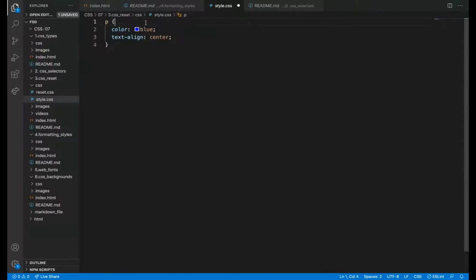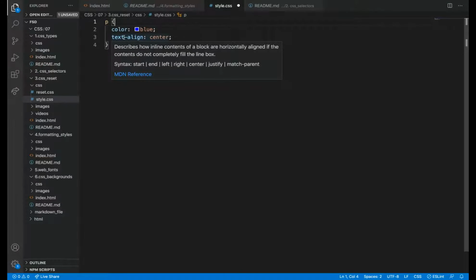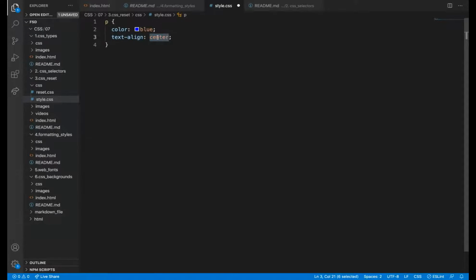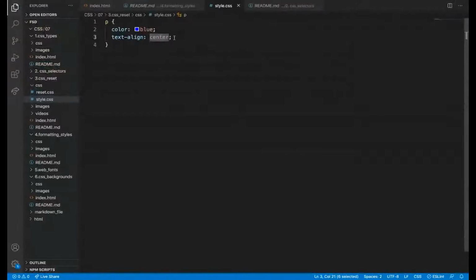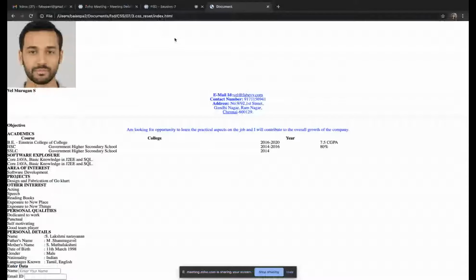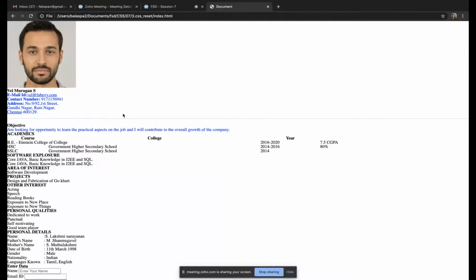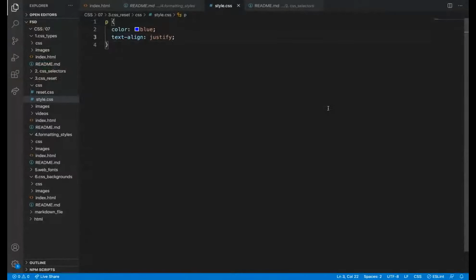We all know this from a Word document. If we have text align center, the p tag came in center. What will justify do? Okay. It is the same kind of document justify, because it will take different spacing and then it will stretch till the edge of the document. But here the width is different.